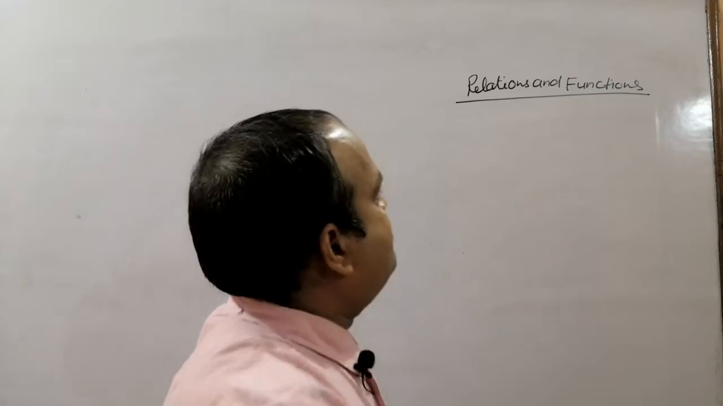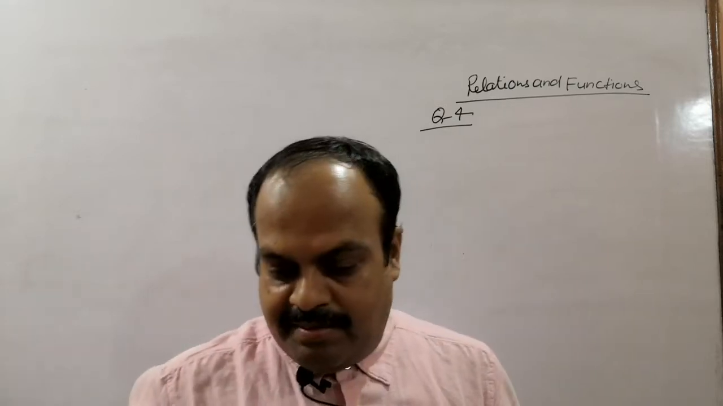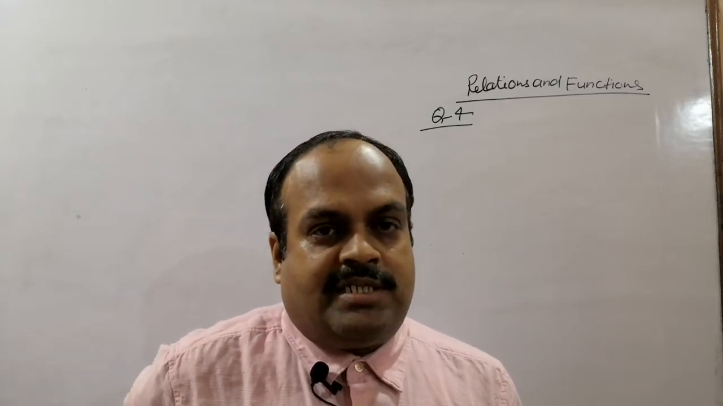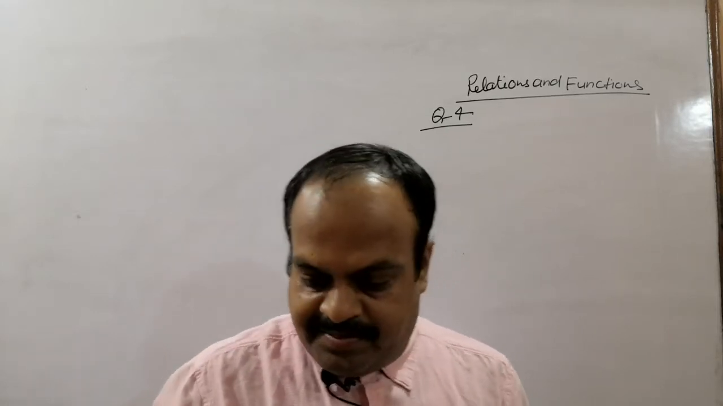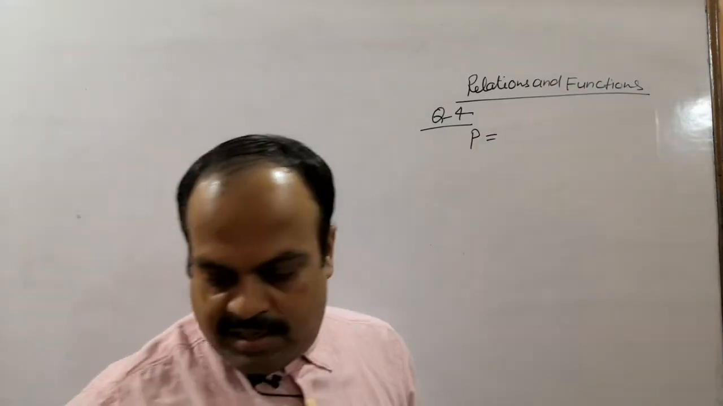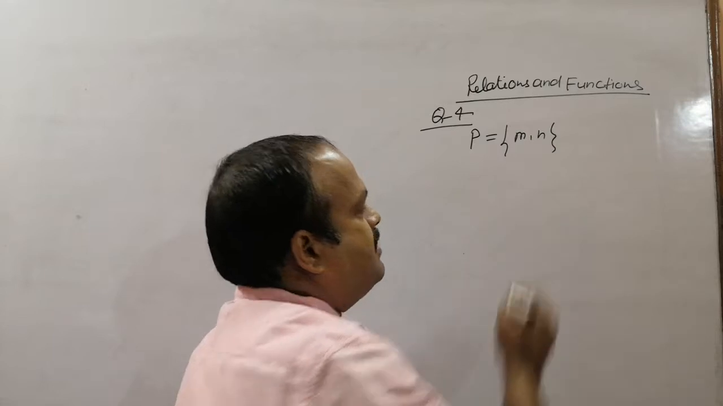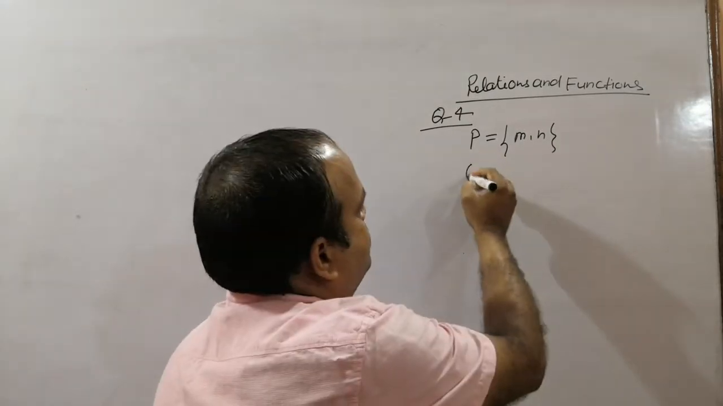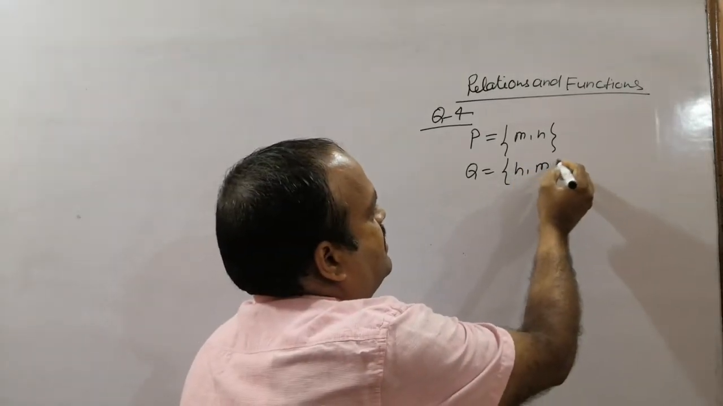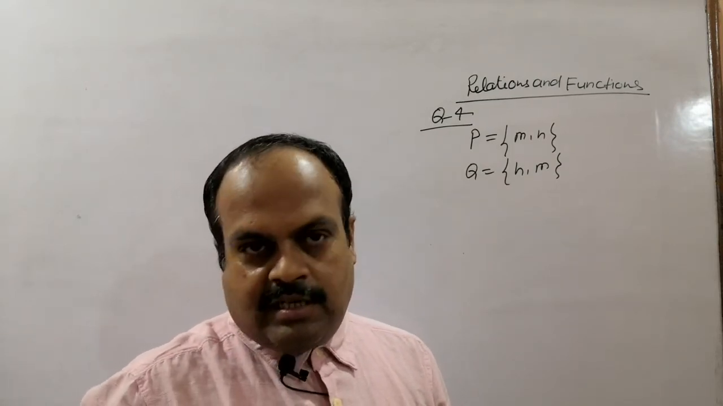Question number 4. We have some statements. We have to answer whether these statements are true or false. First one, if set P equals {m, n} and set Q equals {n, m}, which means they have two elements, then